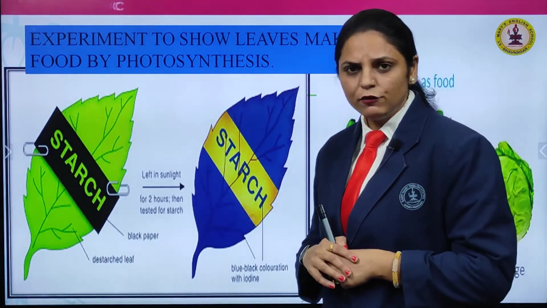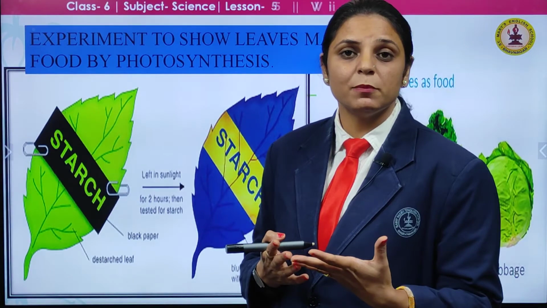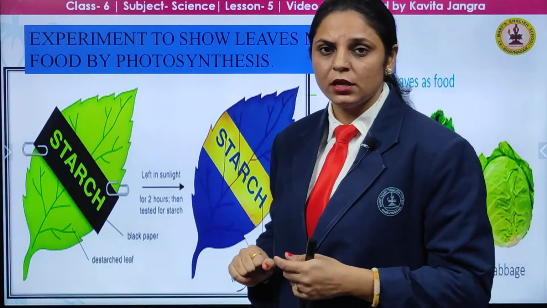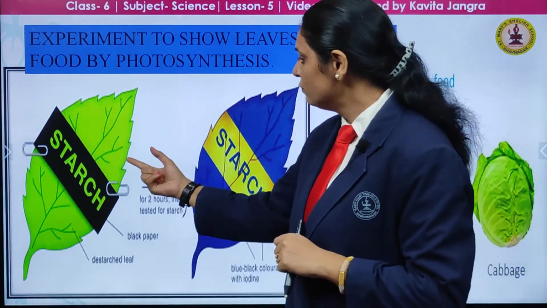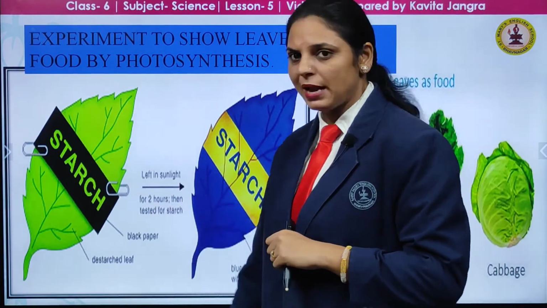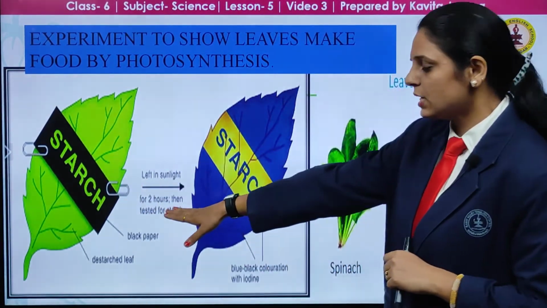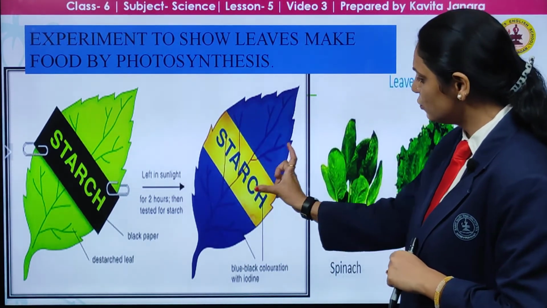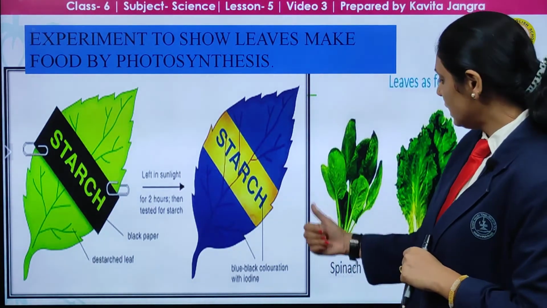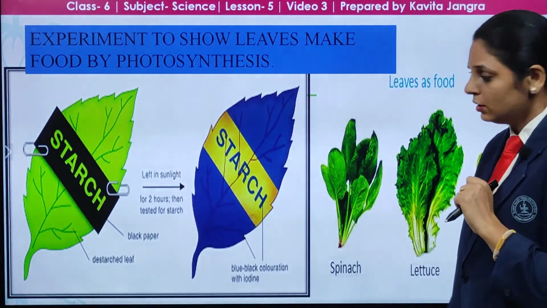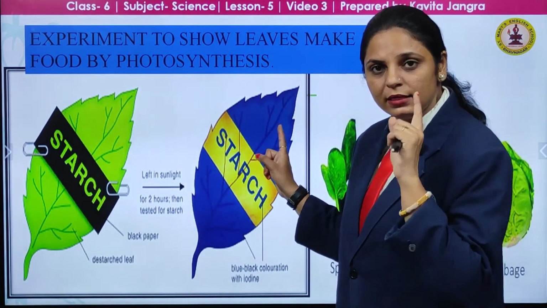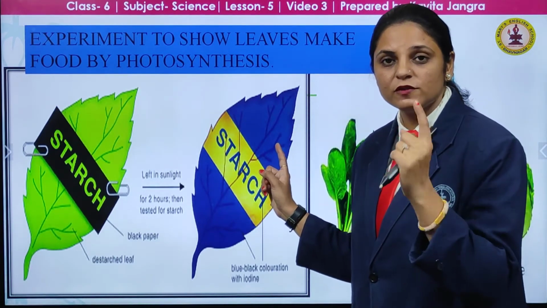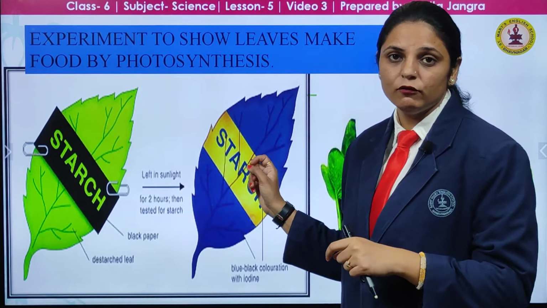Another experiment, if you want to check whether food is being synthesized by the plant or not. We know that leaves make food by photosynthesis. What we have to do is take a leaf, clip it with black paper, and then keep it in the sunshine. After two hours, test for starch. Remove the black paper, and you will see some difference in the leaf. Test it with iodine solution. The region which was exposed to sunlight synthesized food, that means it formed starch in the presence of sunlight, and that will give a blue-black color with the iodine solution.